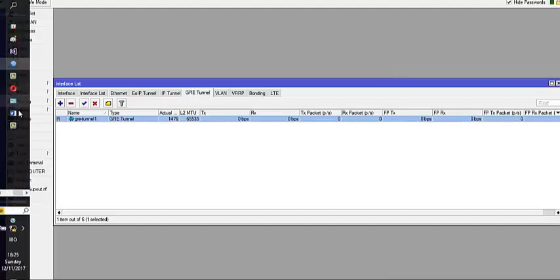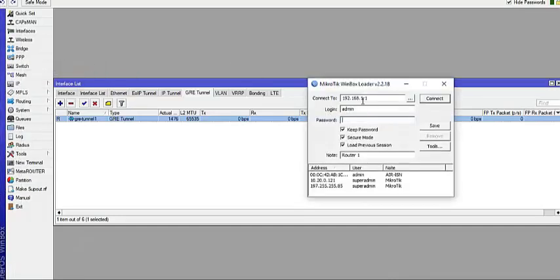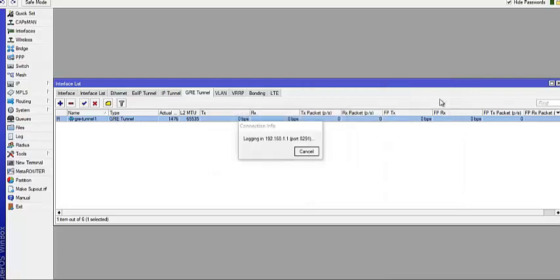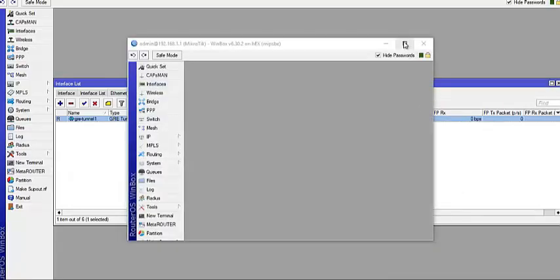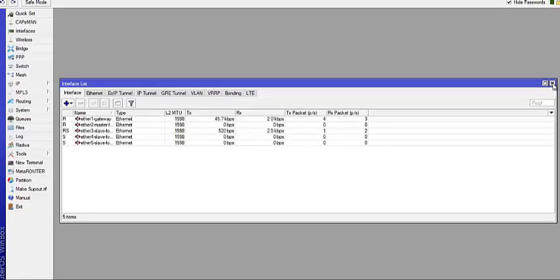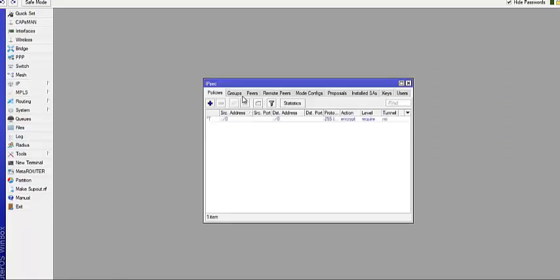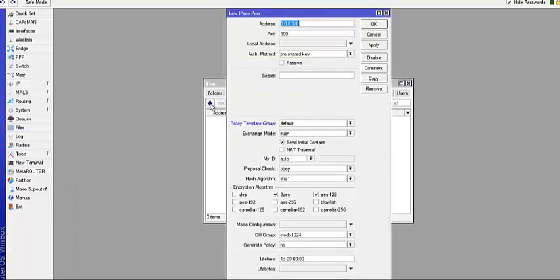So the next thing I need to do is to go over to the remote router and try to set it up. So you can see that one is 1.1. Okay, so I'm going to connect to it. Having connected to the remote router, let me just do the IPsec first over here. So I'll go to IP and I'll come to IPsec, go to pair, click on add, then over here I'm going to put the secret, which must be the same when you are setting up your GRE tunnel.